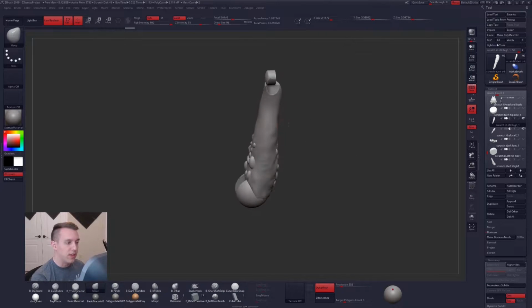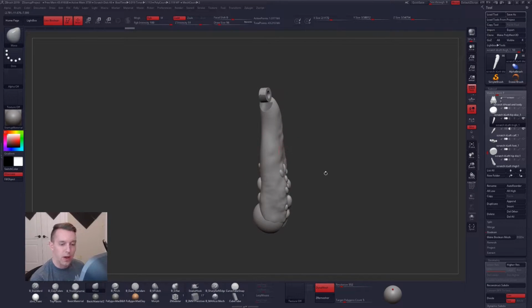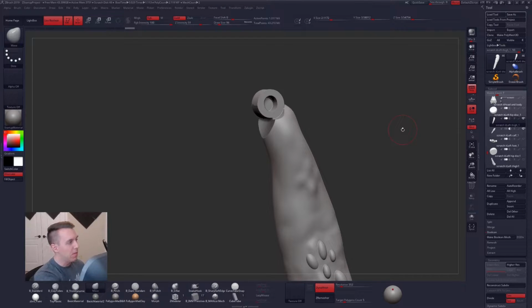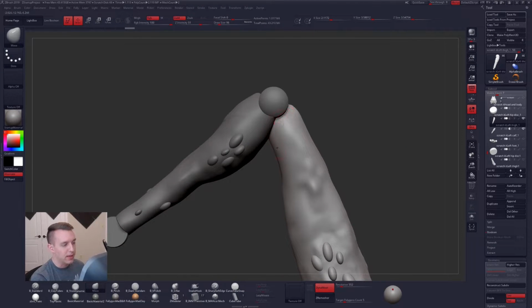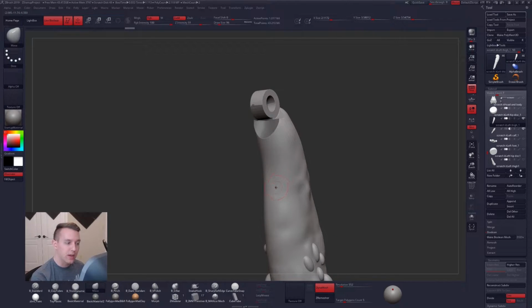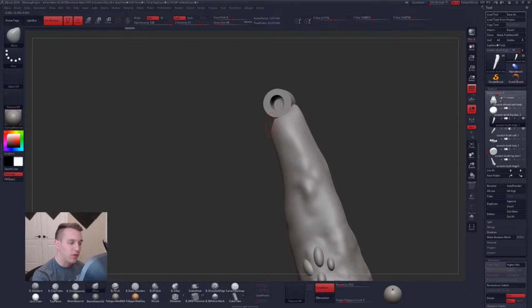And we can actually see the interaction of what's going on there by toggling on and off our solo mode. So if I toggle off solo, I can see at its apex, all the way back at least, the leg is actually cutting into this other piece of geometry. So what I recommend for a situation like this is turn on live boolean, get a test and figure out exactly what's happening there. Maybe you can subtract it, and at least from there I would start to fade out